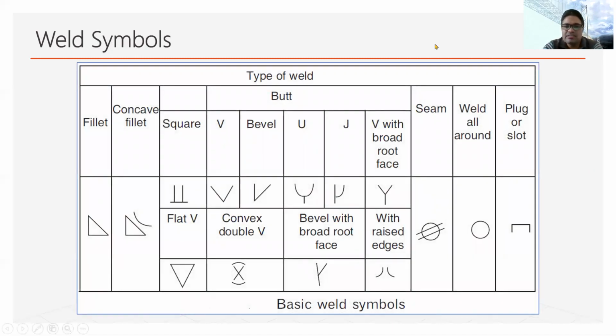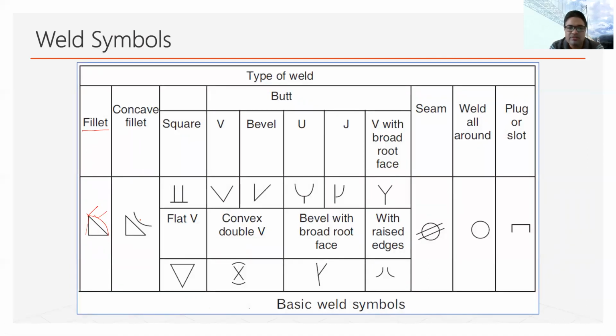These are the welding symbols used for particular types of weld. For example, in the case of fillet weld, we know it looks like a triangle, so this triangle symbol depicts the fillet weld. Similarly, we know that by default the fillet weld surface or contour looks like this convex surface. So if it is a convex fillet weld, then we simply make the triangle.